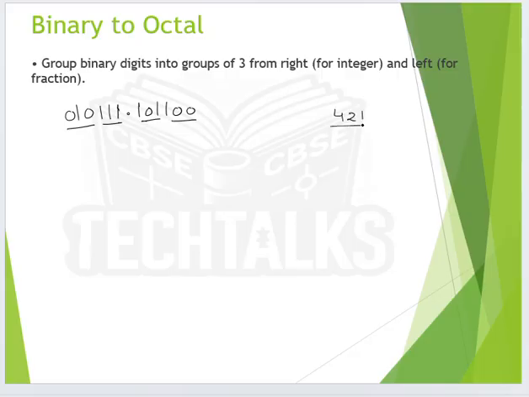Now I will tell you what exactly is 4 2 1, though I have explained it in the previous video also. These are the positional values for a binary number. This is 2 to the power 0, this is 2 to the power 1, and this is 2 to the power 2. To make you understand more clearly,